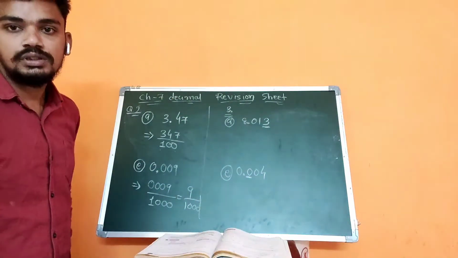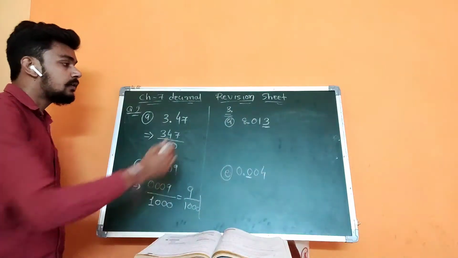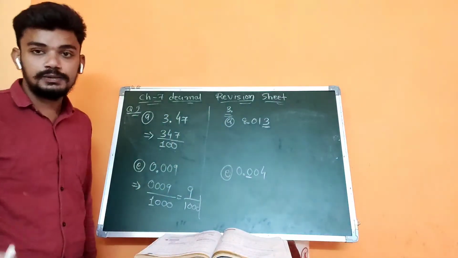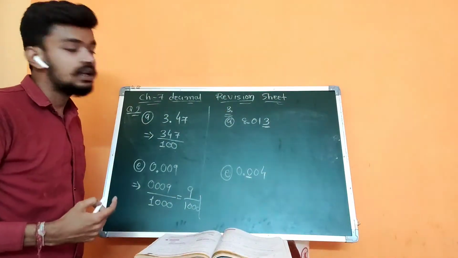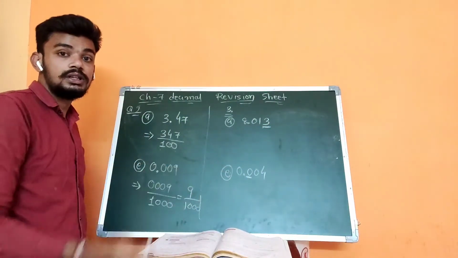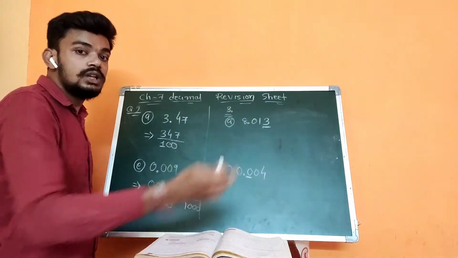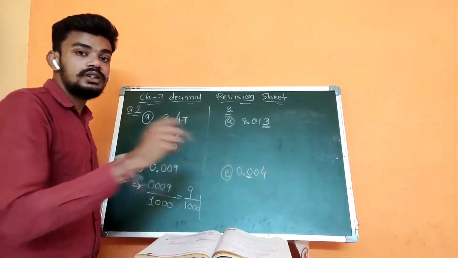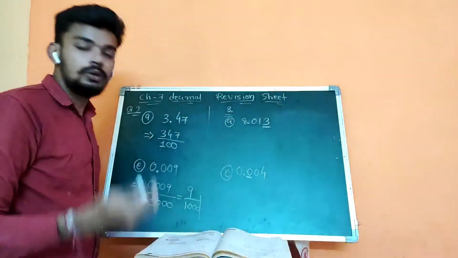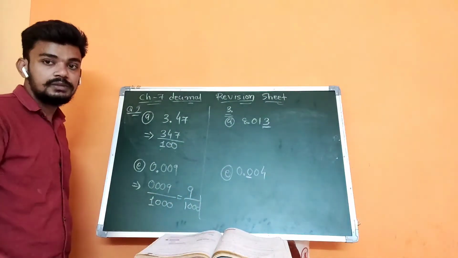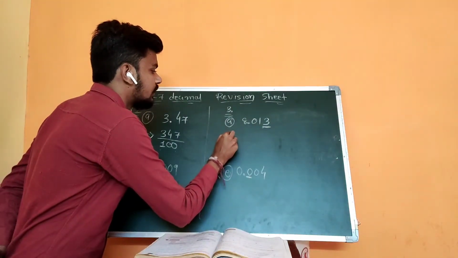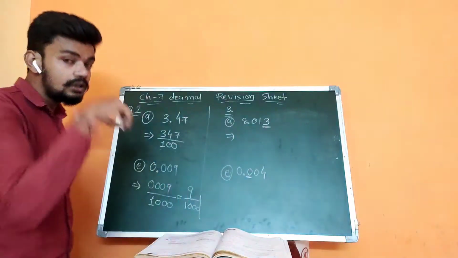Okay, next, question number 3. Question number 3 is: find the place value of the following digits where the underline is. As you can see, in all the questions there are digits with an underline below them. For that digit we need to find the place value. We know how to find the place value of any digit, so let us do that part again.